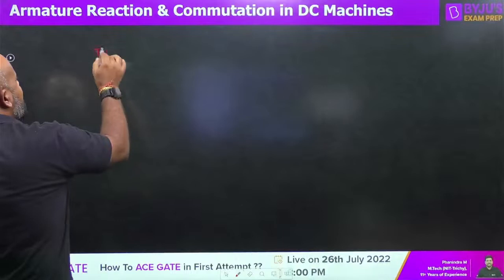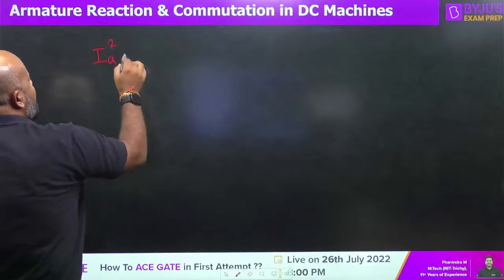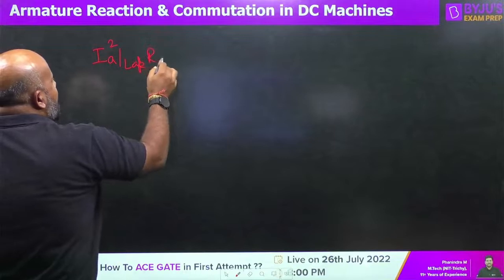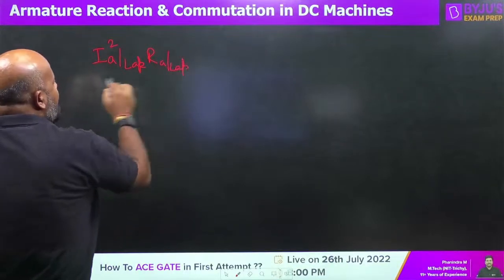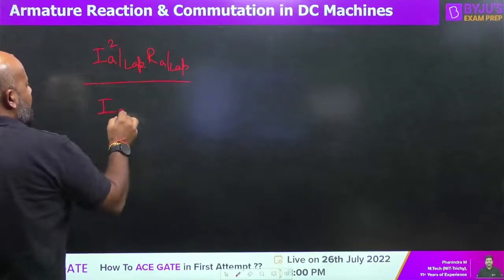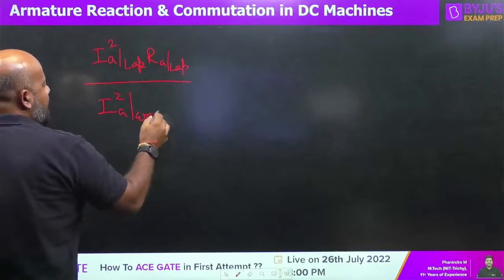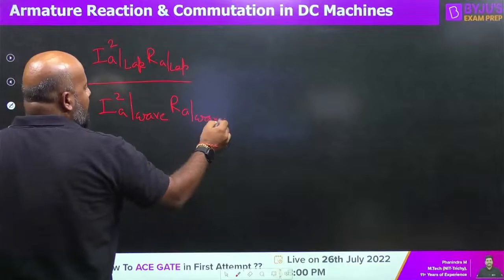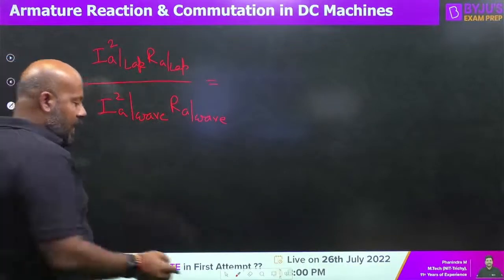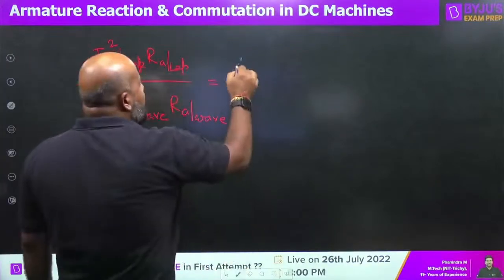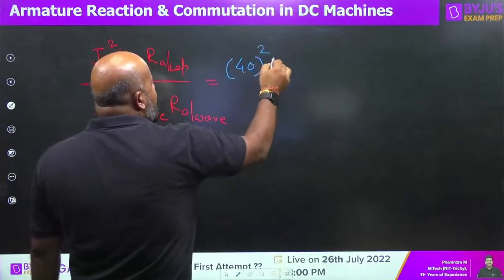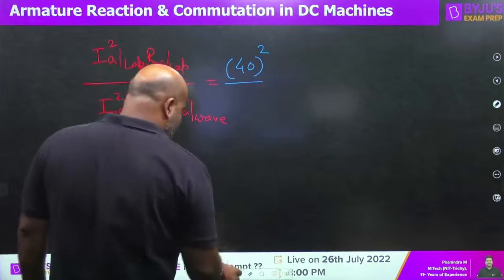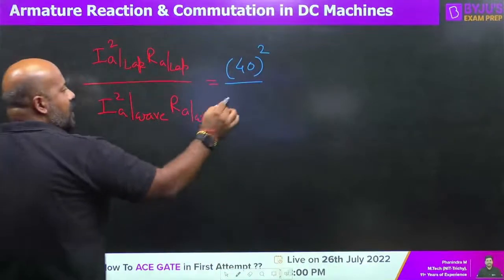If I write I_A square, that is for lap, R_A lap divided by I_A square wave multiplied by R_A wave. What is the current we are having for the lap winding? It is 40. Take the square. Okay. And what is the current we are having for the wave winding? It is 20 square,